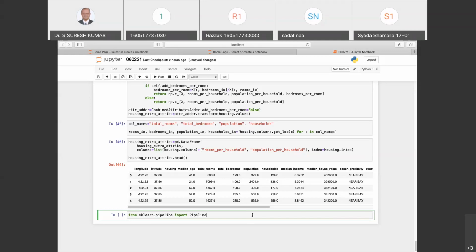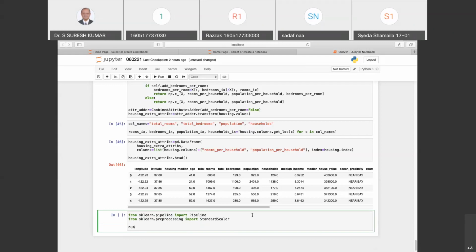Now I also need to import the StandardScaler, which is also part of the sklearn library. So from sklearn.preprocessing, I will import StandardScaler. Now I create my pipeline with 3 steps: imputer, attributes adder, and standard scaler.